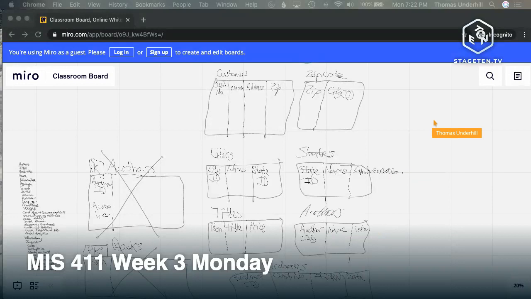Okay, we have the answer. Michelle came up with the answer here. Okay, so we would actually then do author ID as a foreign key in the titles table. Okay, and then we'd get rid of the ISBN here. That would be a way to do it. Okay, all right. So now that we've normalized it,